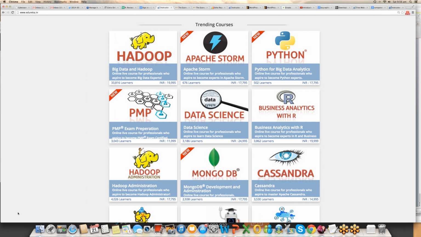Joy, for mobile analytics, there's no special course, but the way we do a lot of this mobile analytics is that you do the analytics in Mahout, and you represent that on a mobile. You can build an Android app on top of your application, which can be used for analyzing that data. If you're really interested in mobile, you may want to choose the data science or the R course or the machine learning course along with the Android course.